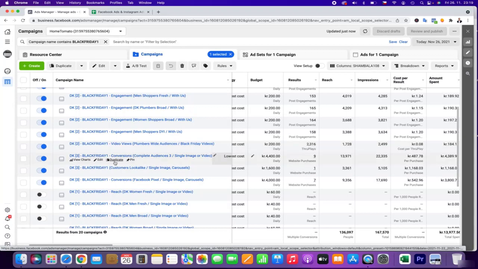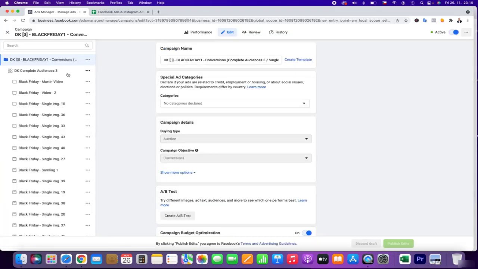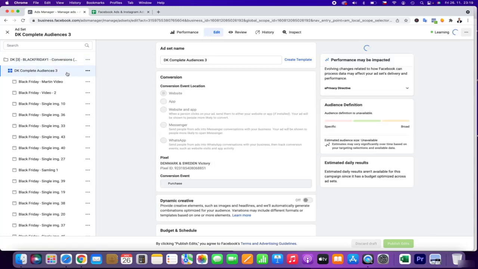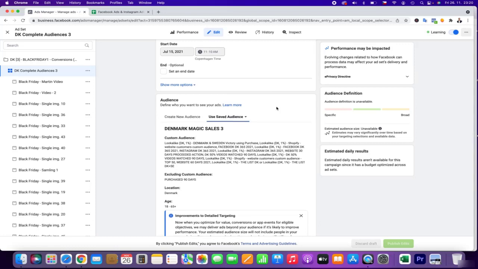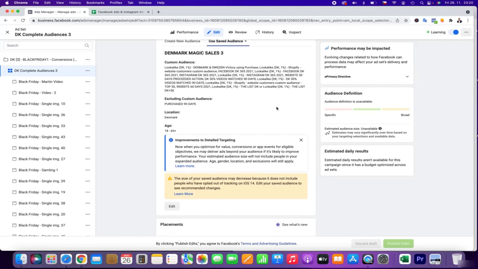This is my complete audience where I'm using all the powers of custom lookalike audiences, and also because I was showing you the correct setup that I have been using for aggregated events.